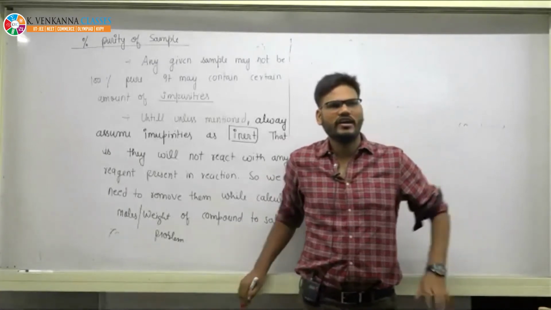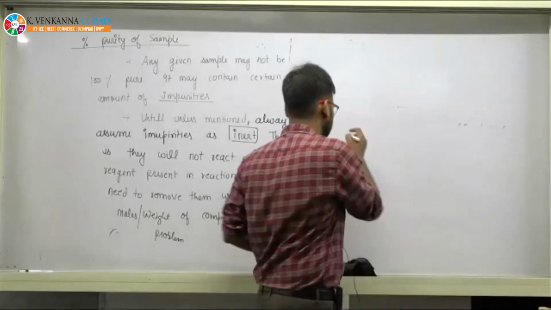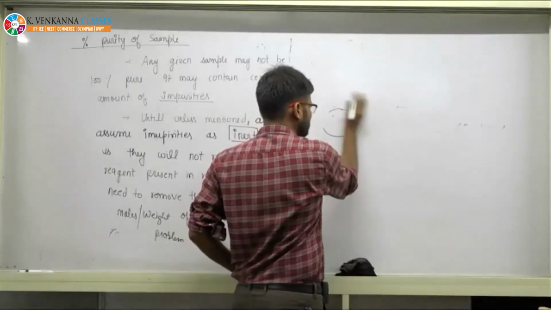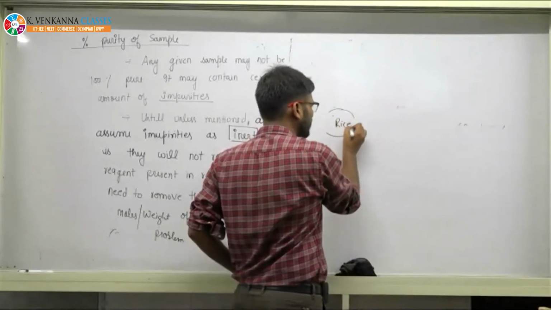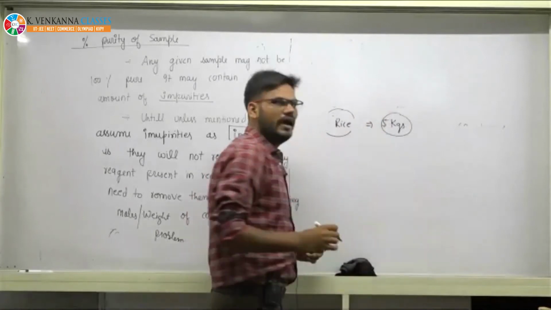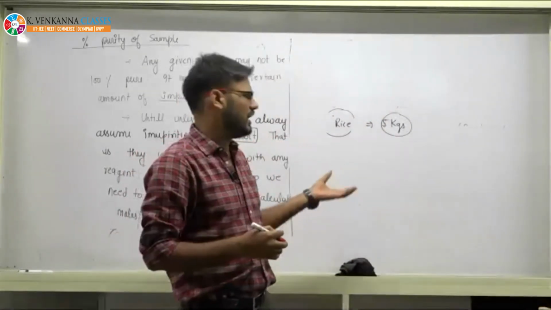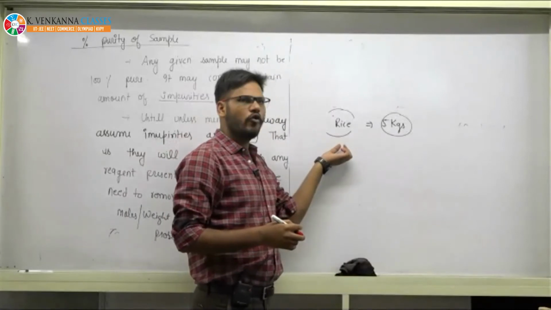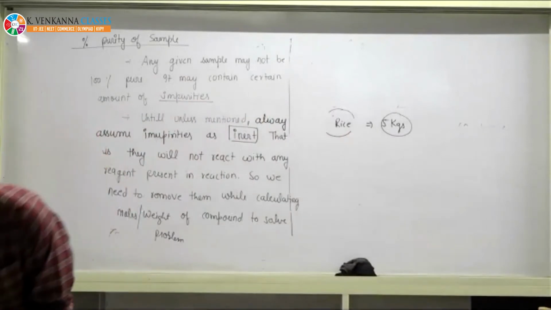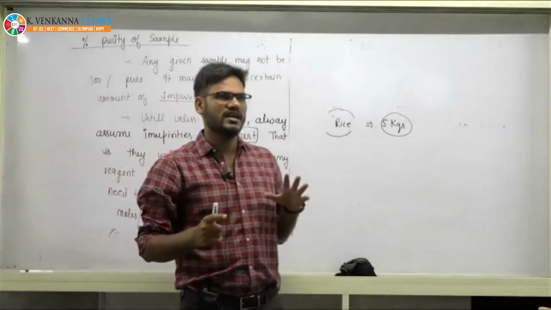Okay. See, so what I am saying, if you go to the market and buy pulses, which is your favorite, or you buy rice. You have bought rice, 5 kgs, and you want to cook the rice. Yes, beta, I am repeating it. If you have bought the rice that is 5 kgs and you want to cook the rice, what do you do? What is the first step that is done in the family?